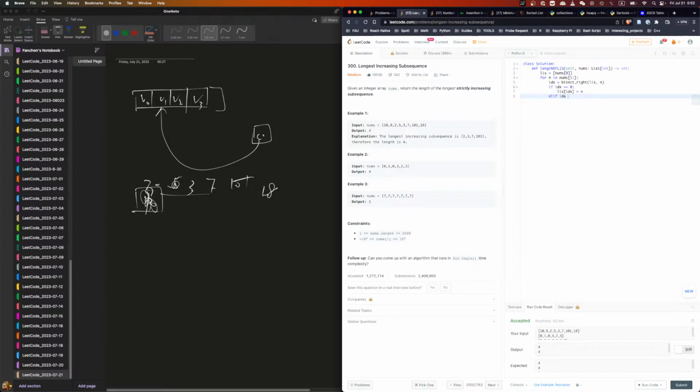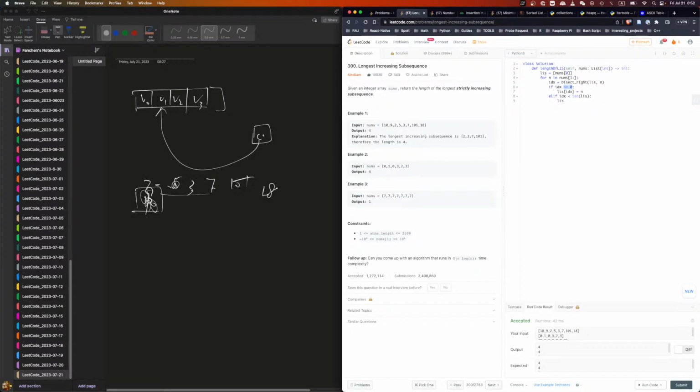Elif index is smaller than len(lis), right? Then lis... oh, no, because it has to be in between these two, right?